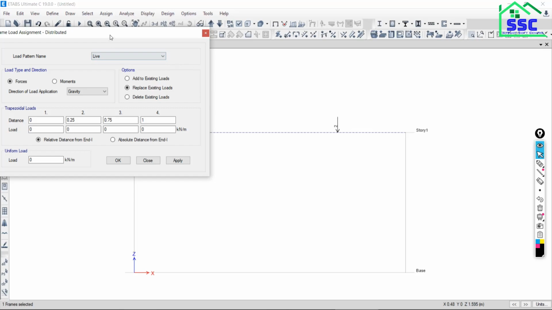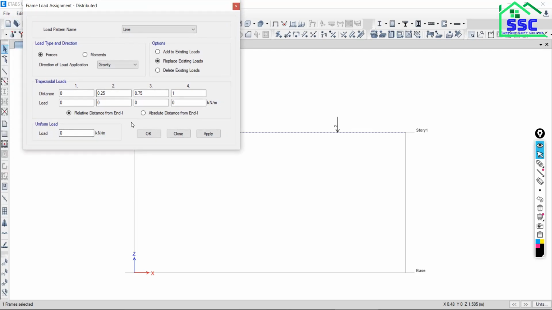Okay, let it be add to existing. And see, two options are there. One is what? Trapezoidal and uniform load. I will explain later why and when we have to use the trapezoidal.